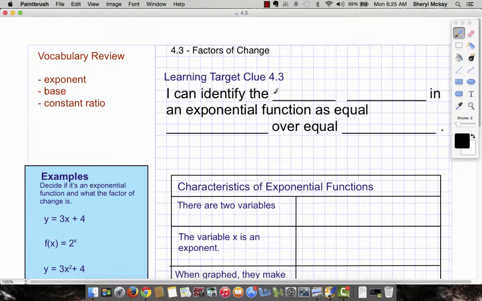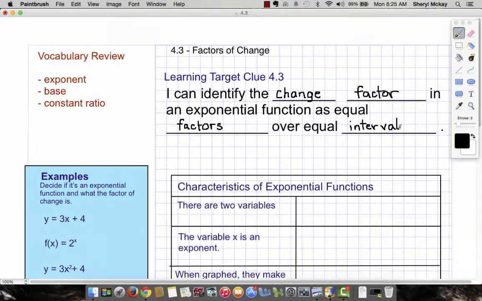It says, I can identify the change factor. Let's go ahead and write this in. The change factor in an exponential function is equal factors over equal intervals. Now, if you can remember, in linear functions, we had a rate of change, and that was